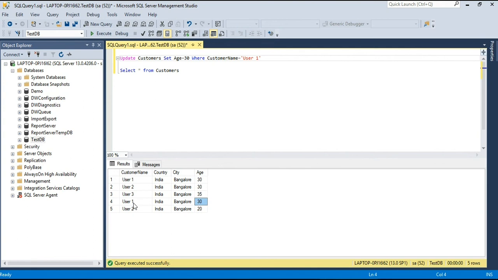Let's say in our table, user 2 has country as India, city as Bangalore, but the age is 30. Now the same user 2 has another record with India, Bangalore, but the age is 20. So here we have one different value for age. Now let's look into this example. Let's change user 1 to user 2